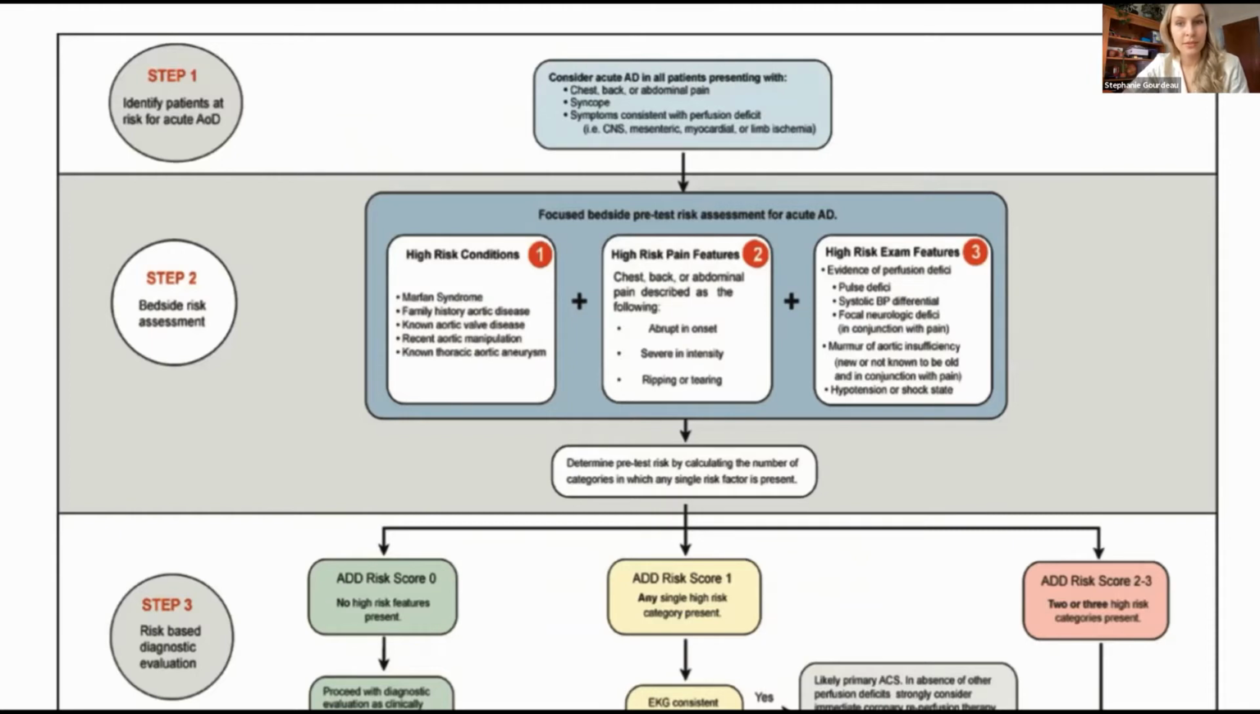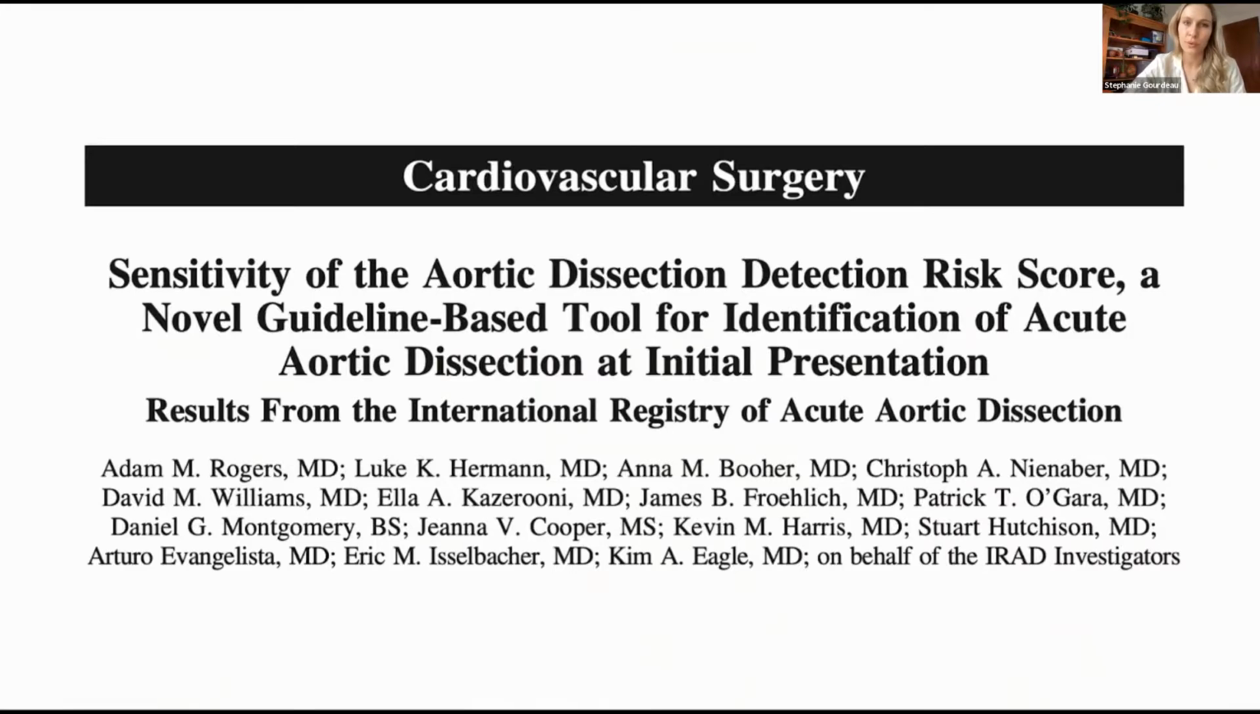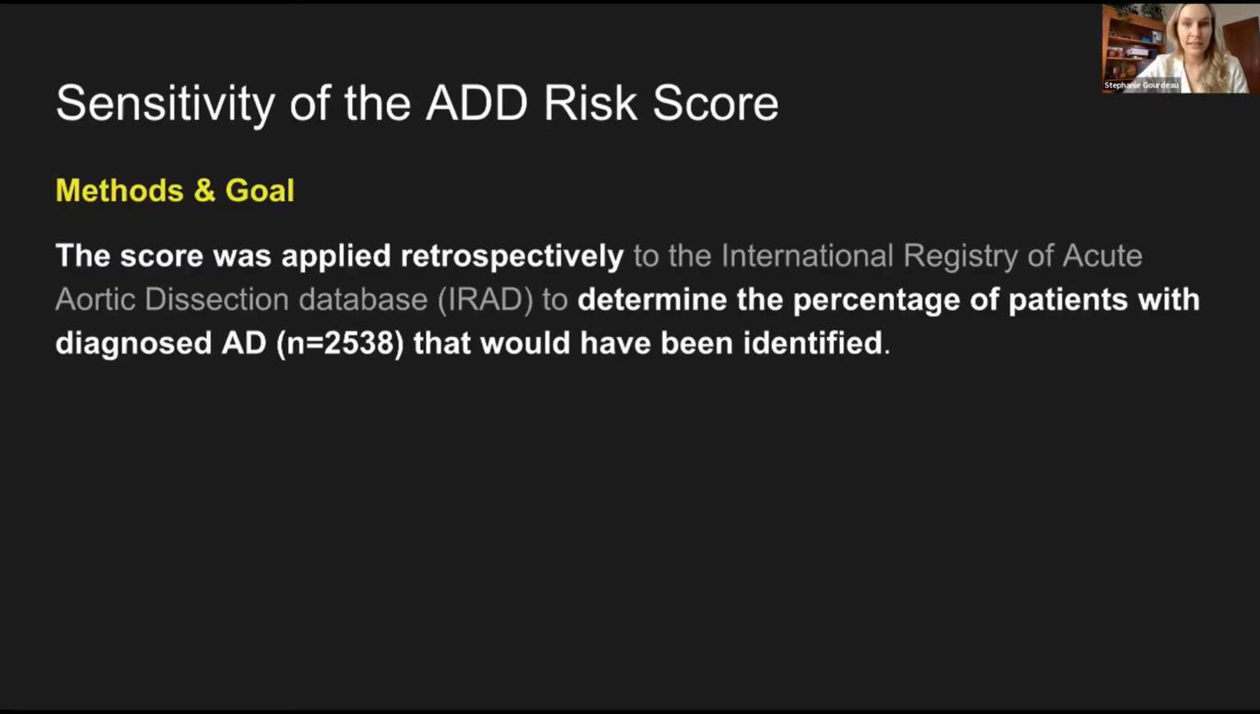So the bedside risk assessment tool was developed on the basis of an extensive literature review on acute aortic dissection, combined with the collective experience of the writing committee. However, the sensitivity of these markers had not been validated. So in 2011, Rogers and his colleagues validated the sensitivity of the high-risk clinical features suggested by the ADDRS. So what they did is they applied the score retrospectively to the International Registry of Acute Aortic Dissection Database, the IRAD, to determine the percentage of patients who had already diagnosed aortic dissection that would have been identified by the